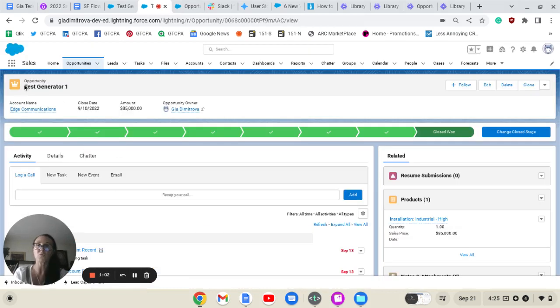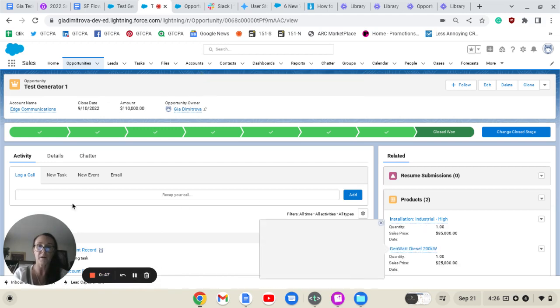Next, we're going to go to the first sample opportunity, and we're going to add an additional product that doesn't meet the criteria to see if our flow creates a new case record. Here we have added the second product that doesn't meet the